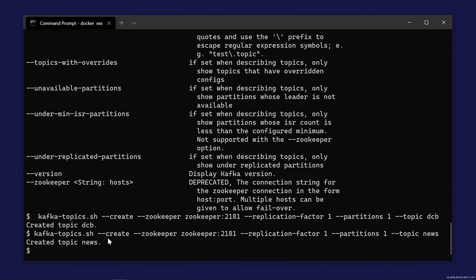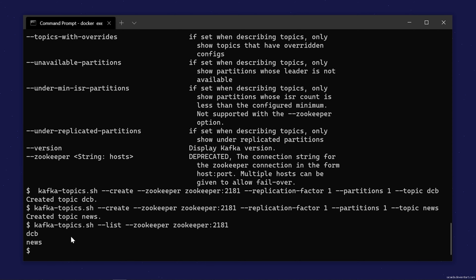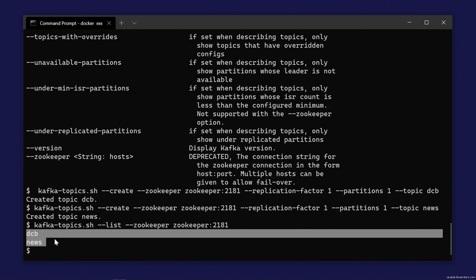You can see that the news topic is also created. Now let's list down the topics that we have created. We'll do kafka-topics.sh --list, with zookeeper as zookeeper:2181, and hit enter. You can see that it lists the topics that we have created, DCB and news.